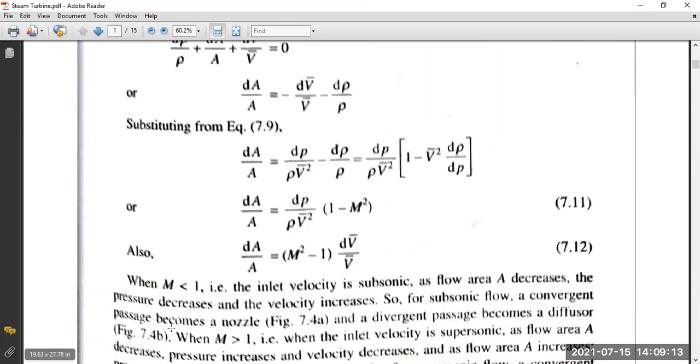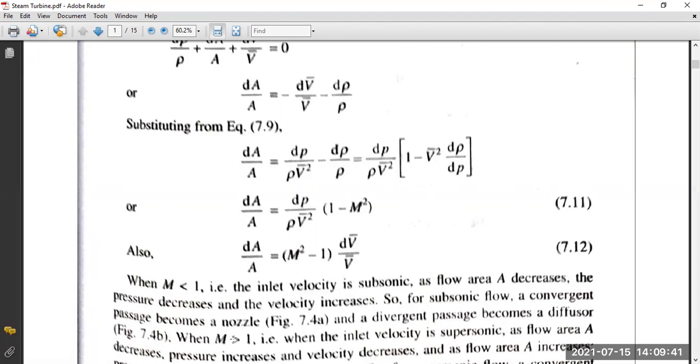Where M is less than 1, that is, the inlet velocity is subsonic. As flow area A increases, the pressure decreases and the velocity increases. As the inlet velocity is subsonic, meaning M is less than 1, the flow velocity is less than the velocity of sound. As the flow area increases, the pressure also decreases and velocity increases. And for the subsonic flow,